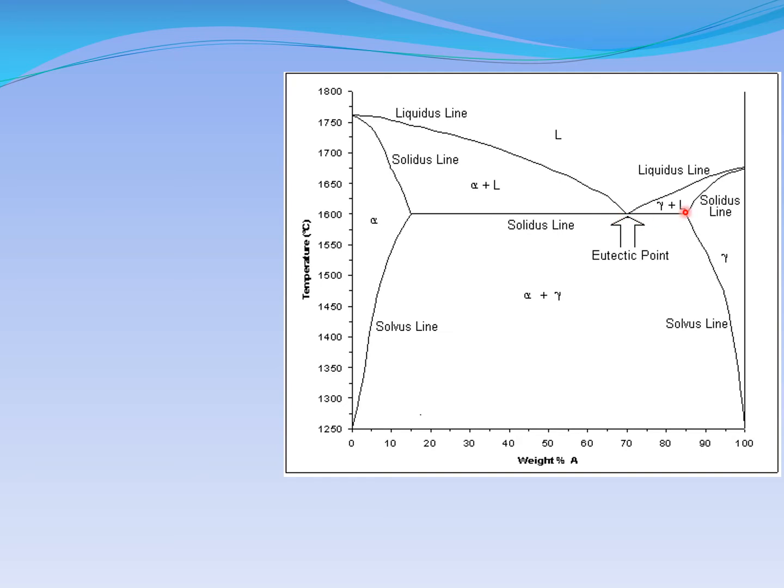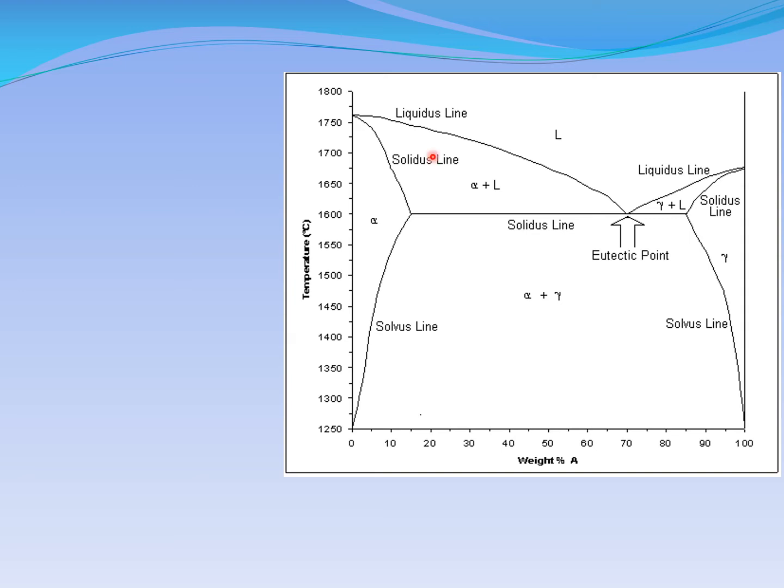So this is one thing. Now this is liquid, this is alpha, this is gamma, this is alpha plus gamma. So this is clear, right? For alpha, liquid, gamma, alpha plus gamma. So therefore now in this region, this is alpha and liquid, and this region, this is gamma and liquid. So this is the first thing, that you complete the lines, complete the diagram, and show all the phases. So this was the first part.